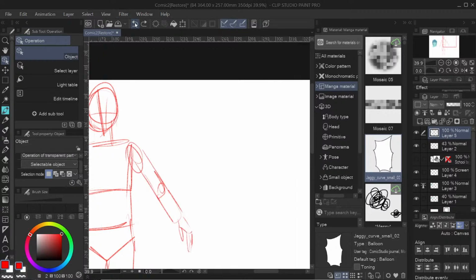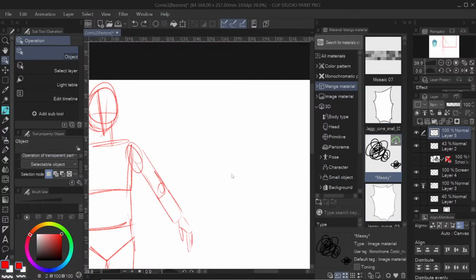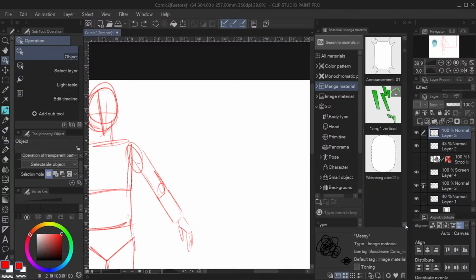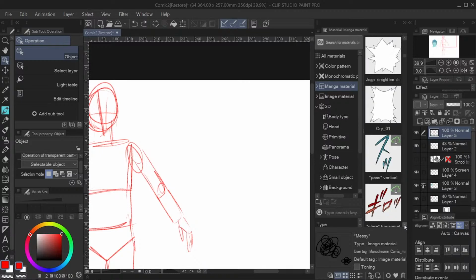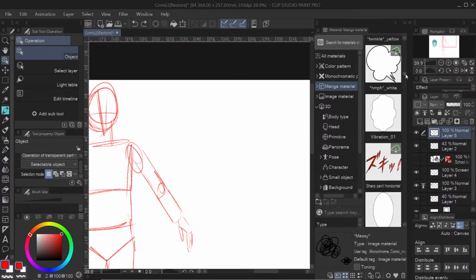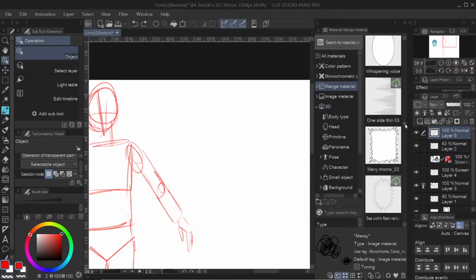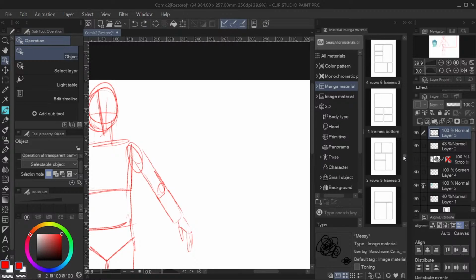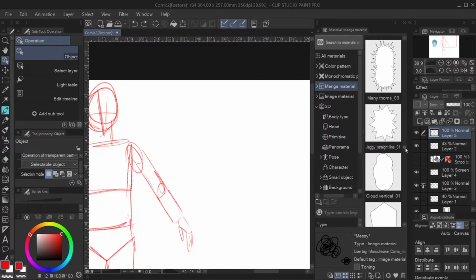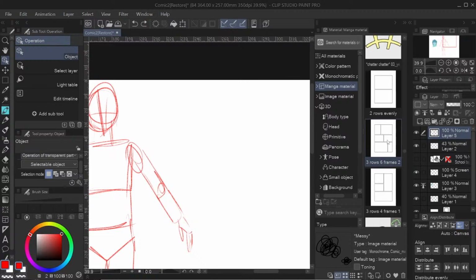You've got fun word bubbles, and this thing when Charlie Brown is mad. Oh, that's not downloaded, never mind. I don't even say gosh. But have I ever said gosh? You just have all of these materials ready to go in case you were like, yeah, I want to do a comic. I say good lord. Well, you can probably just find ones in here, and then as you can see, there are just